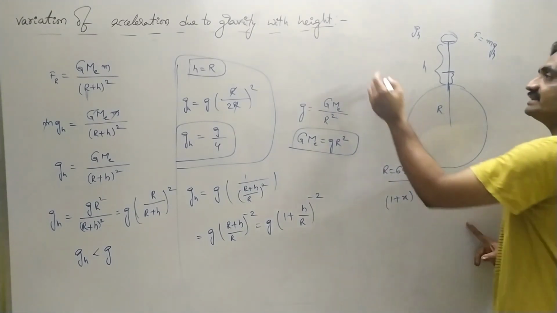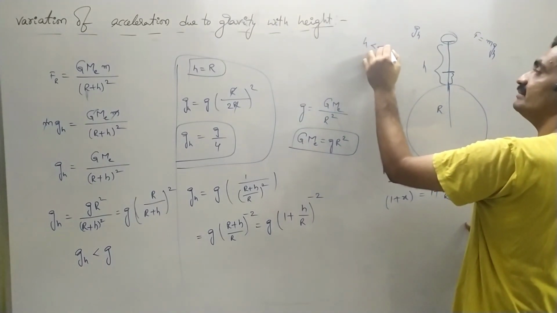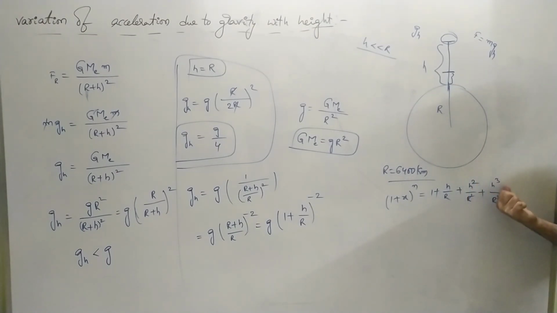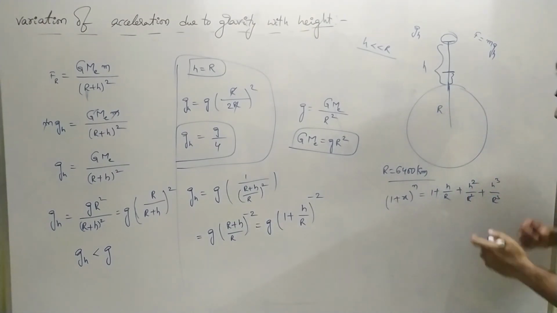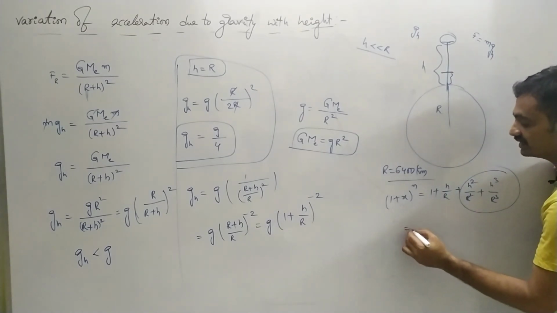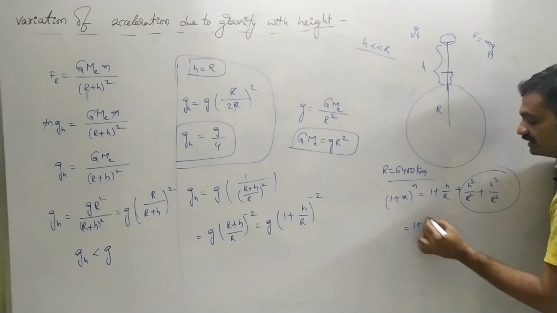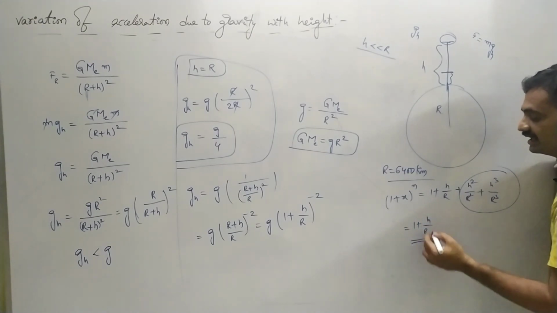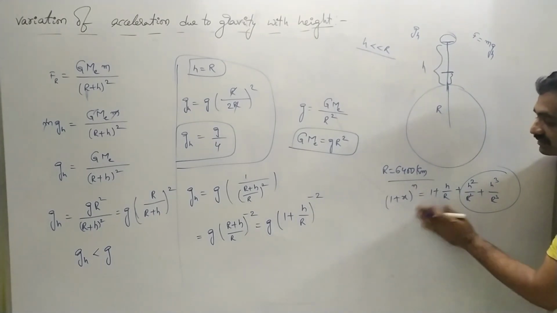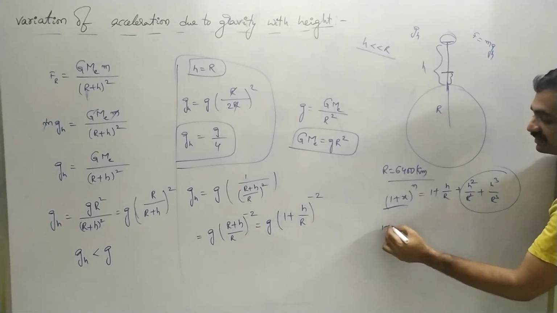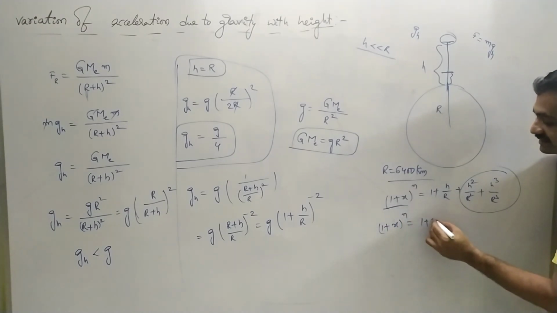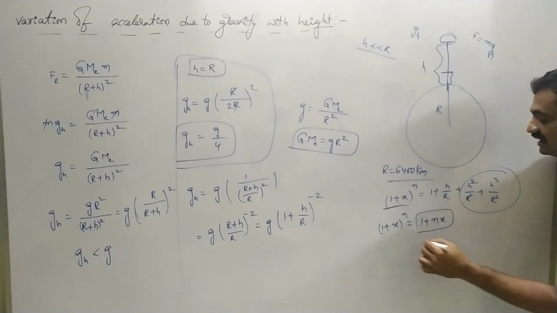Here already we had represented that height is very much less than r. Then the values of h square by r square, h cube by r cube will be very less. So we neglect these terms. So we can represent it as 1 plus h by r, or in the common form, 1 plus x whole to the power of n can be given as 1 plus nx when we reduce the higher terms.